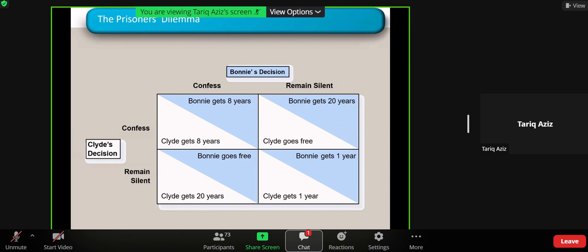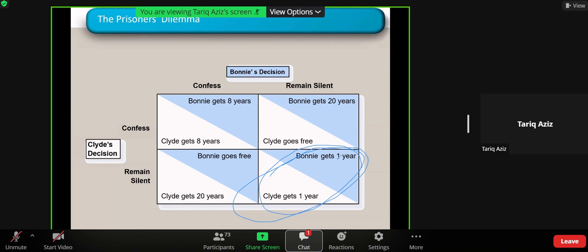Bonnie and Clyde should have mutual trust in each other. Only then will the optimal equilibrium be achieved. The optimal equilibrium in this example is if both remain silent. In that case, the situation is optimal. But if they suspect each other, if they don't have trust in each other,